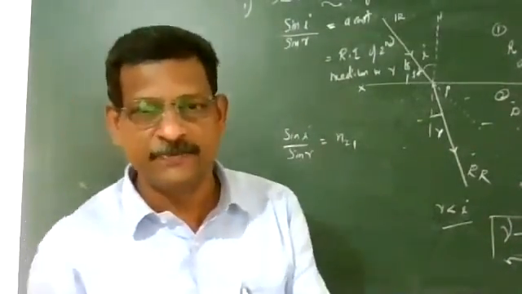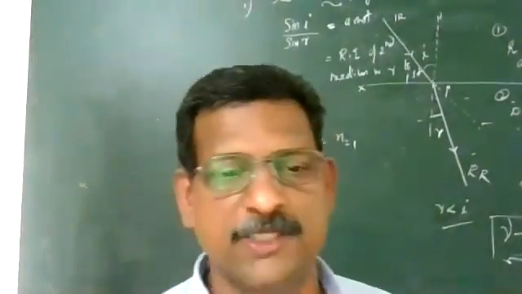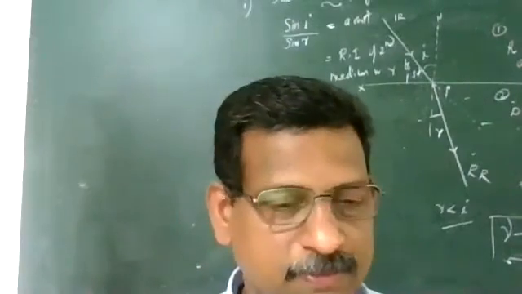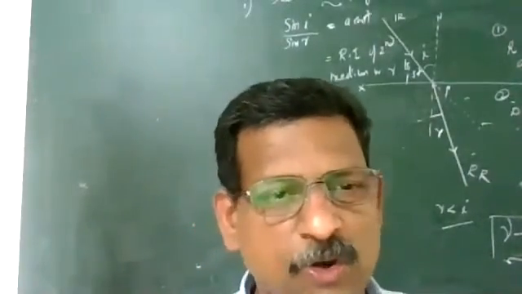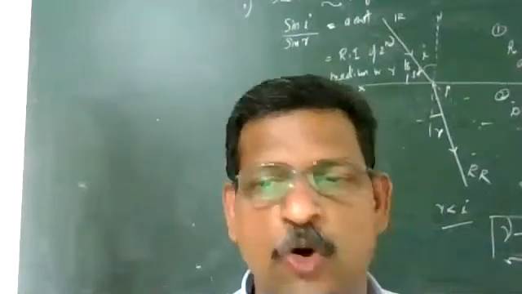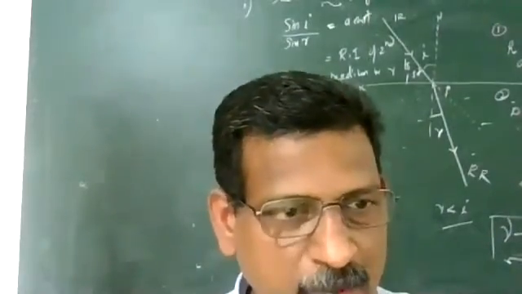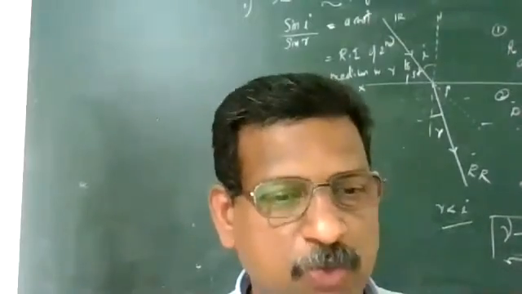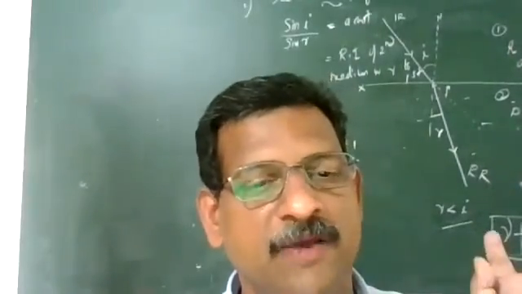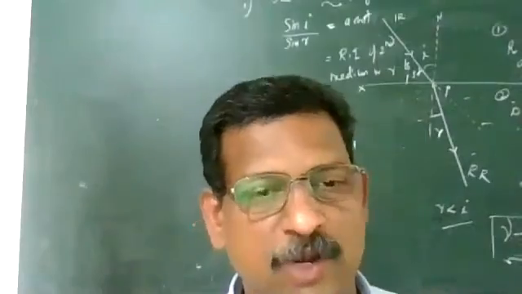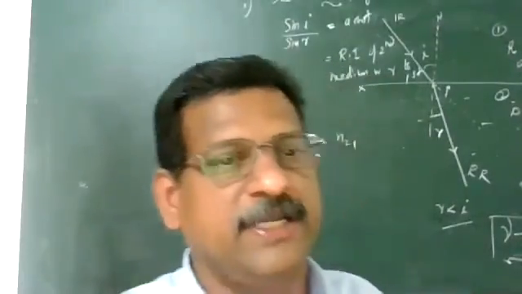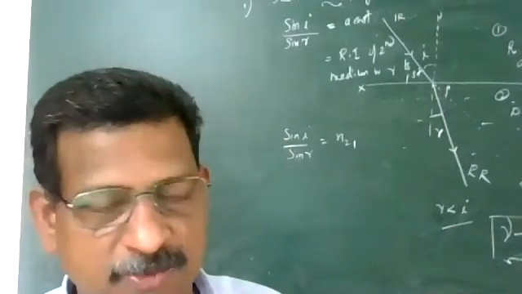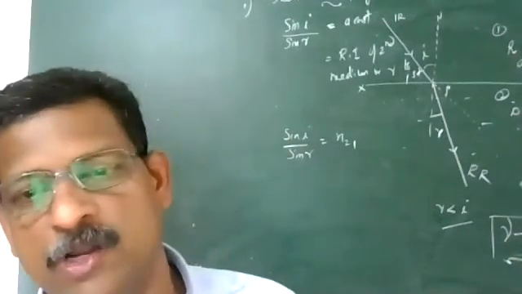Refractive index is a term just like, approximately equivalent to, resistance offered by a conductor. If resistance is less, current will be more. If resistance is more, current will be less. So the refractive index of a medium stands for its optical density, which gives the information about the velocity of light. If refractive index is more, then velocity of light in that medium will be less. If refractive index is less, velocity will be more. It's the term optical density, and how will you measure this? Depending upon the value, if the value is less, we call it a rare medium. If the value is more, we call it a denser medium.